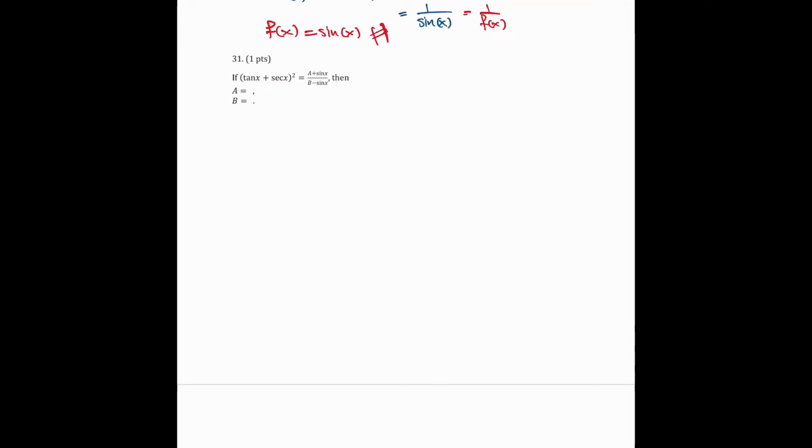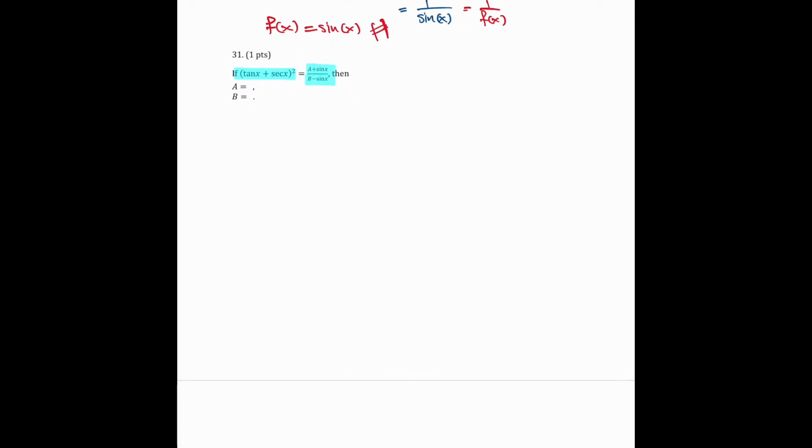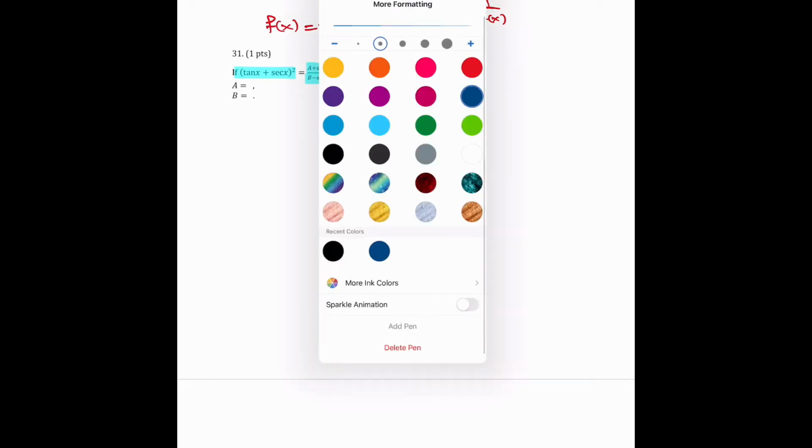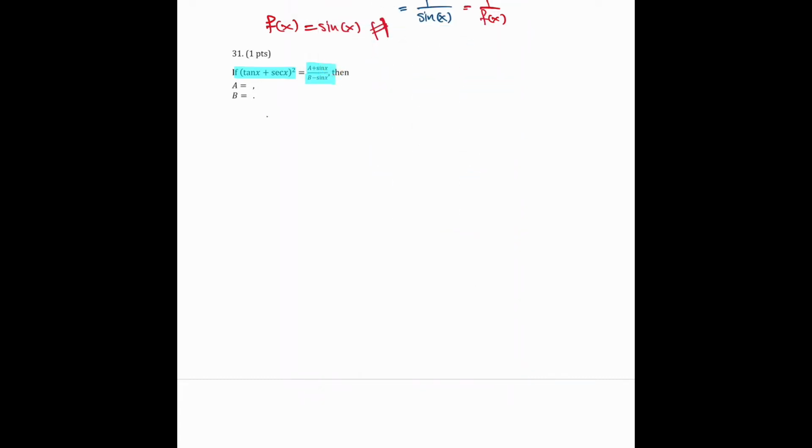For question 31, we would like to write the left-hand side of the equation in the form (a plus sine x) over (b plus sine x). So we know that (tangent x plus secant x) all squared, we can expand this expression. It's going to be